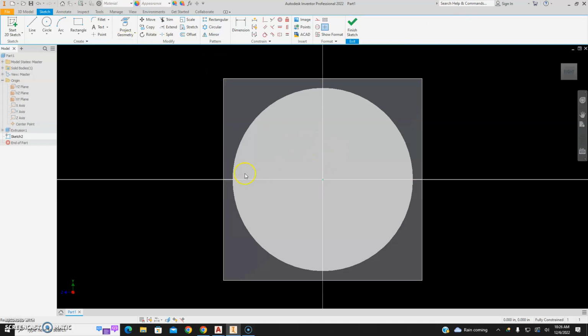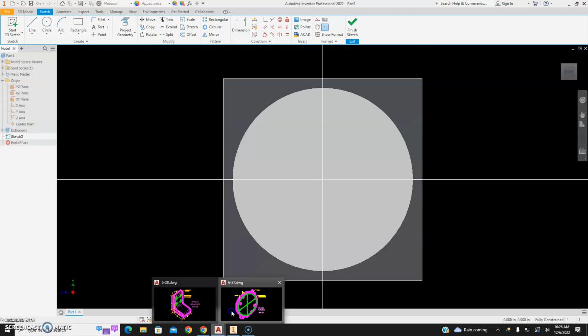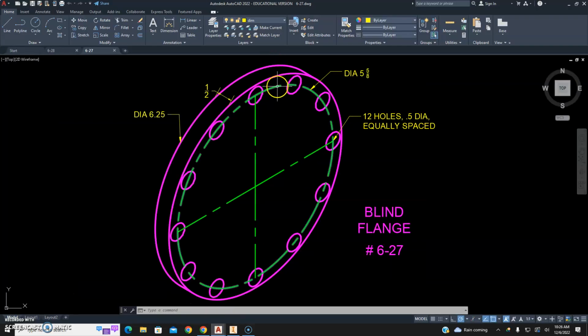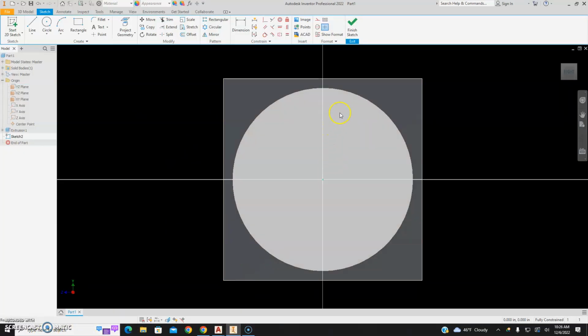So to lay out our holes, they exist on a circle that is 5 5/8 in diameter. And they are 1/2 inch in diameter, and we have 12 of them total. So we're going to start by drawing a layout circle. So we're going to click on Circle, but before we draw our circle in the middle here, the next thing